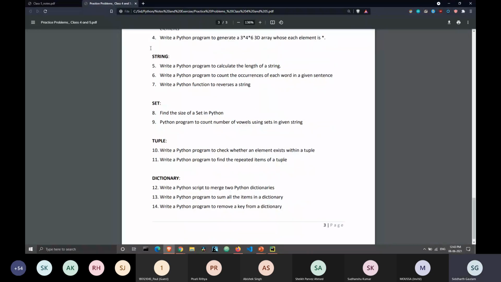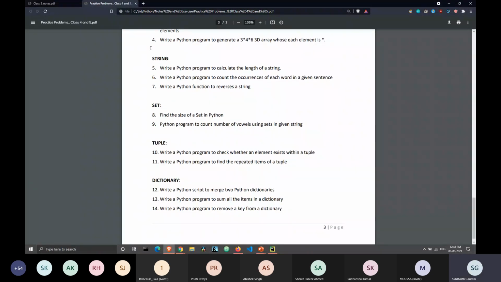At the end, we will be checking them, because even though these are P2P Python classes, we are officially the GitHub Club. And since we are the GitHub Club, our focus still remains on maintaining GitHub. That's why we want all of you to make your GitHub, make repositories, make your projects on it, and upload solutions. When you upload files, each file counts as one commit, so GitHub keeps track of how many commits you do.